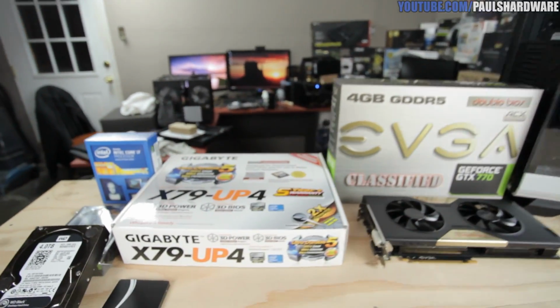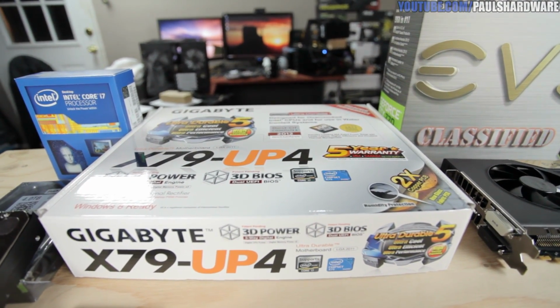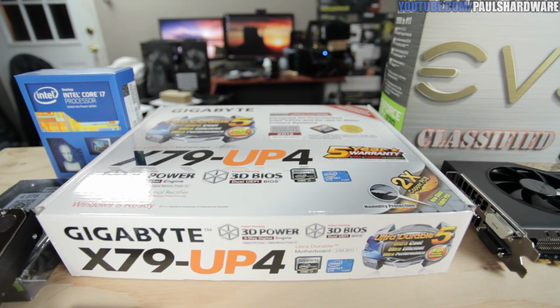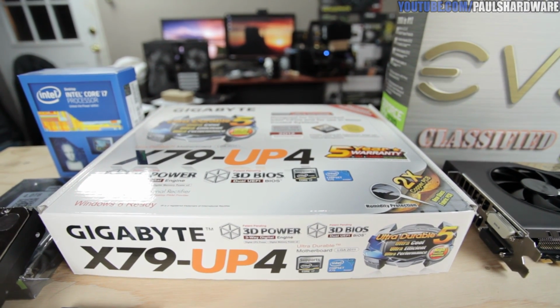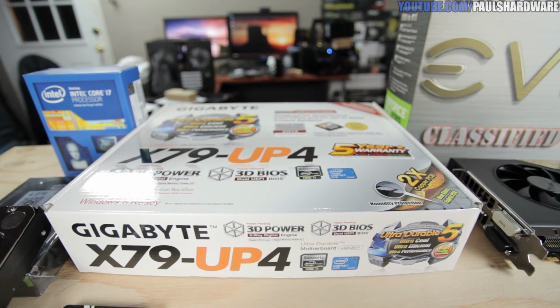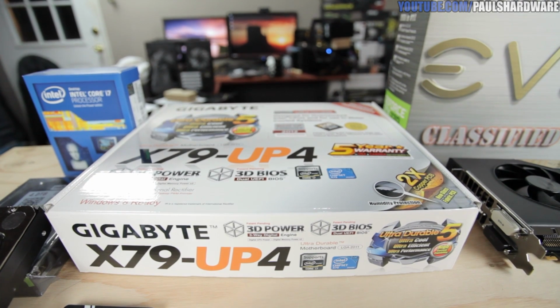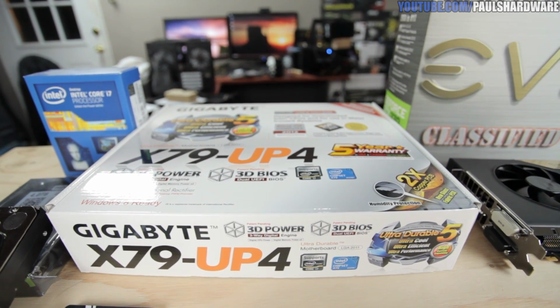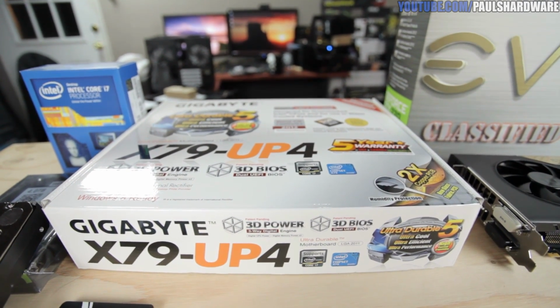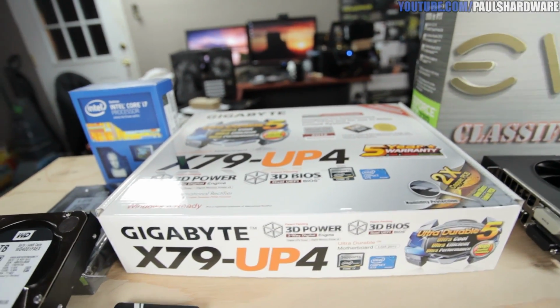And then for the motherboard, since I wanted to keep my existing motherboard and processor together, I'm going to go with a new motherboard and a new processor. So I got the X79 UP4. It's actually kind of a step down from the one I'm currently using, but honestly I just wanted a solid motherboard that's X79 socket 2011 that I know is going to work, and it's got some of the basic features I need, like a few extra SATA ports and that sort of thing,